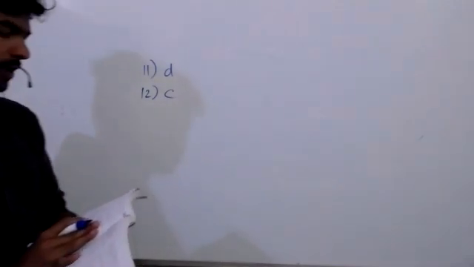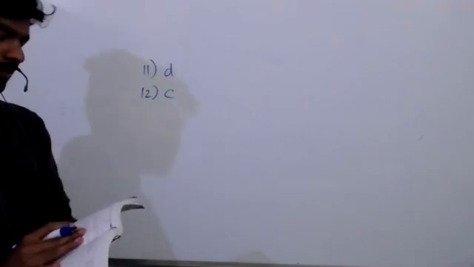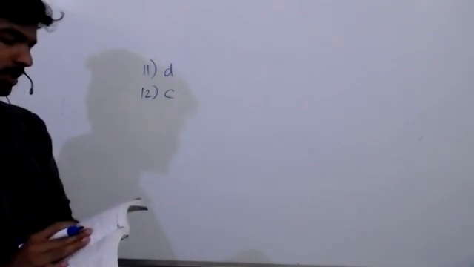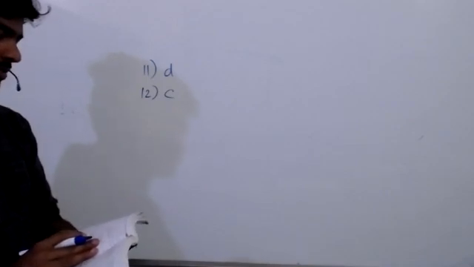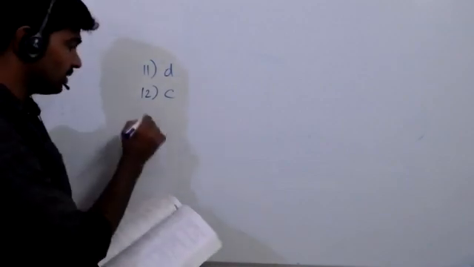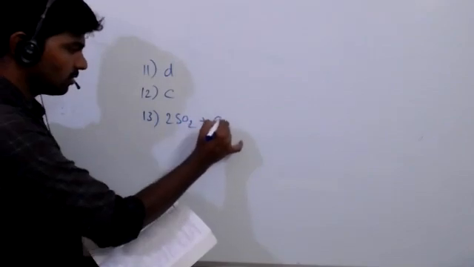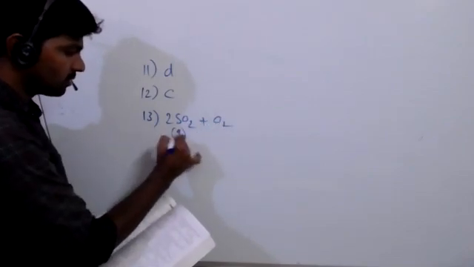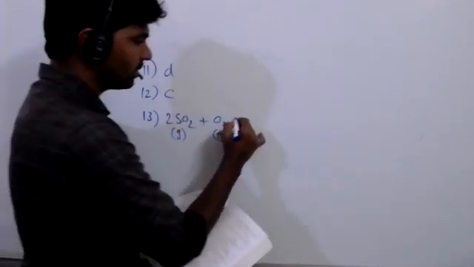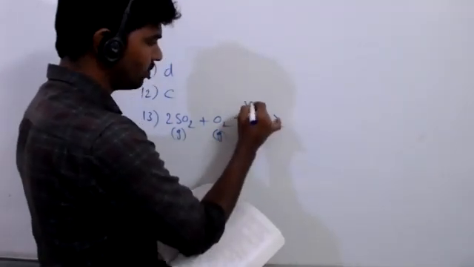2SO2 plus O2 in the presence of vanadium pentoxide is an example of: neutralization reaction, homogeneous catalysis, heterogeneous catalysis, or irreversible reactions. Sir, homogeneous, because both are gases. Right? Heterogeneous catalysis. Sir, but both are gases. What about the catalyst? Yes, we need to study the catalyst only. V2O5 is solid.